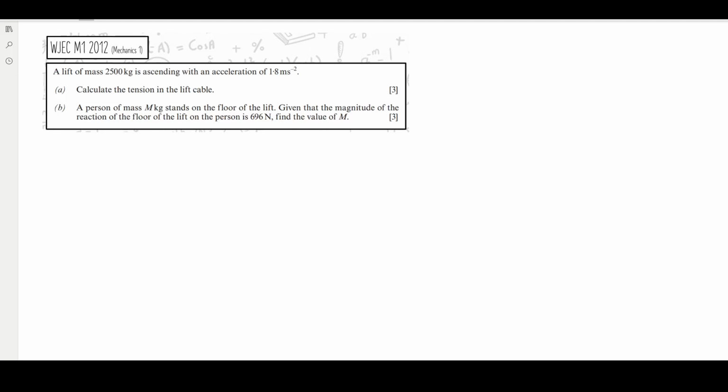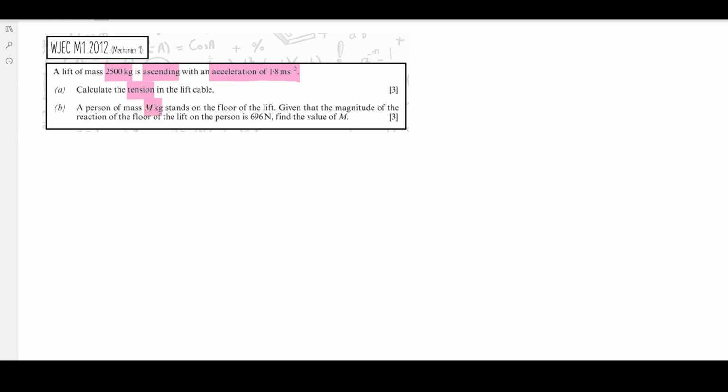Here's a past paper problem involving lifts. It's from the WJEC's Mechanics 1 2012 paper. A lift of mass 2,500 kilograms is ascending with an acceleration of 1.8 meters per second squared. In part A, we need to find the tension in the lift cable, and in part B, there's a mass